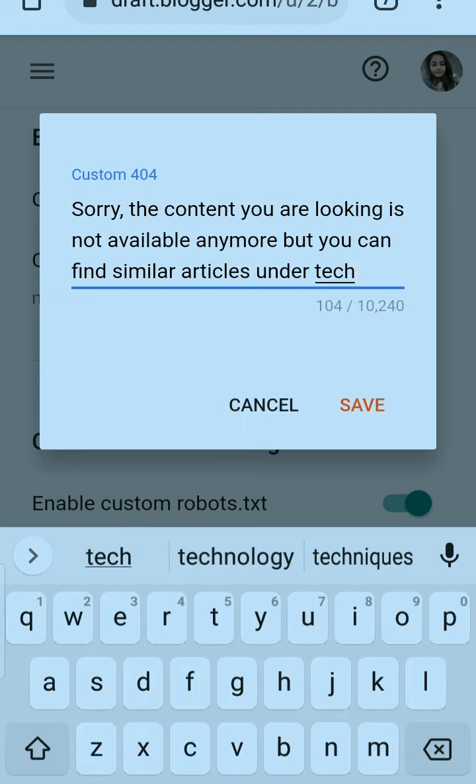You have to type that section, like similar articles under the technology section.